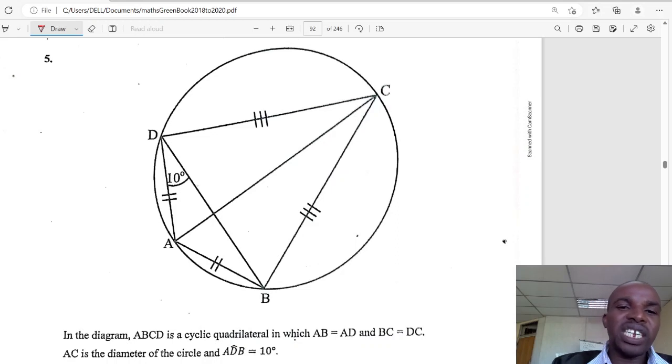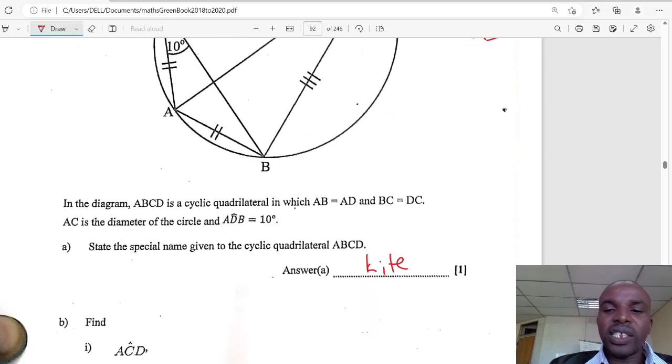So this one, if you can check, it's a kite, where we have two sides. It's made up of two isosceles triangles. That's called a kite. So there are two isosceles triangles where two sides are the same. So this one is called a kite. Done. Then next,